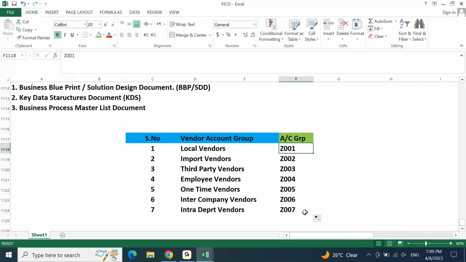Either you are going to create in this logic, or you are going to have any other naming convention that is predefined. We will discuss with the business at the beginning, and then we will finalize. These will be the vendor account groups that are created in SAP, and these are the identifications for each of the group that will be created. Next one,